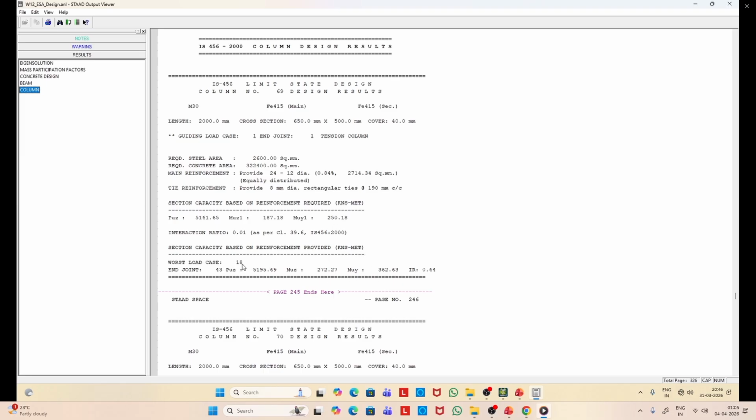And you can see the load case number is 18 and the sectional capacities are also marked.